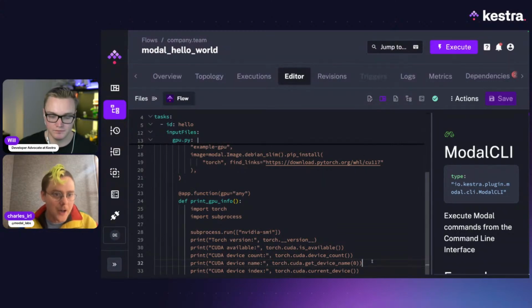This is what I would do the first time I use a machine. I've been installing stuff and I want to make sure, do I have GPUs available? And what do they look like? That's the subprocess.run nvidia-smi. And then check some things about Torch and CUDA and their integration. That's those print statements there. So that block of code is something that I want to run,